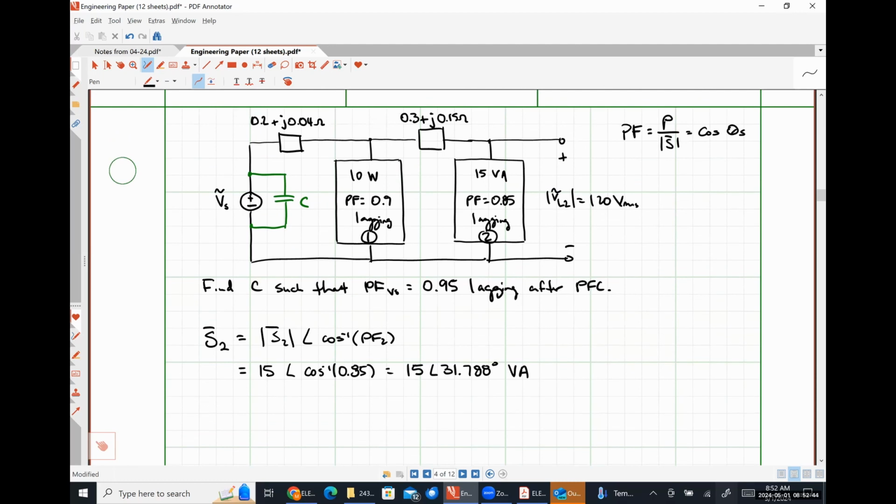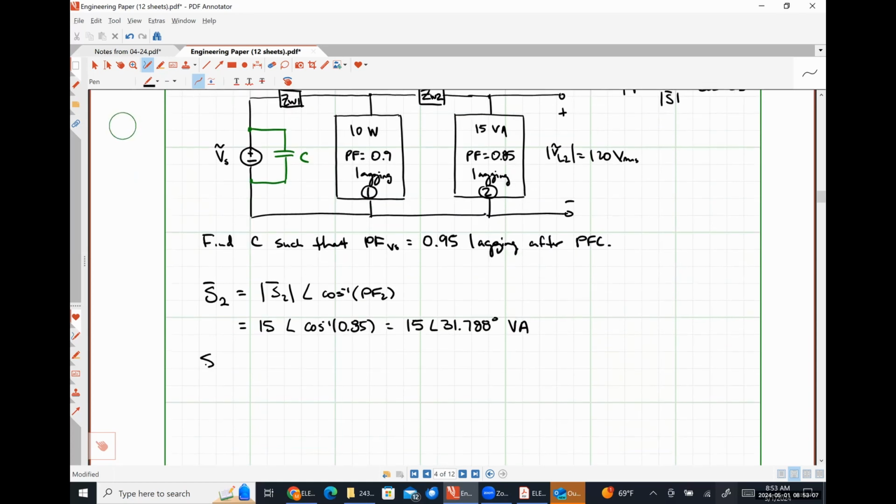So let's call this guy right here ZW2 and this guy over here ZW1. Okay. If I wanted to find, let me move this down so that we can do an intermediate step in a moment, the total complex power absorbed by that impedance, ZW2,